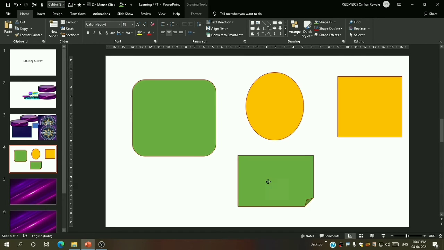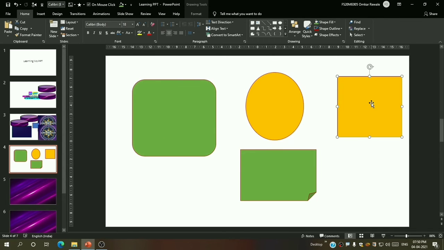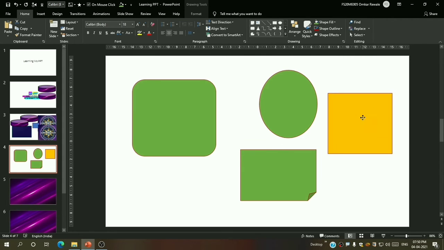And now there is one benefit of using a shortcut key. So what is the benefit? For example, the formatting value of this is copied to my clipboard and side by side I can do other things also. For example, if I say format painter, then you can see I have to compulsorily select one shape and I have to give the same color. See, so without that I can't do any other work.